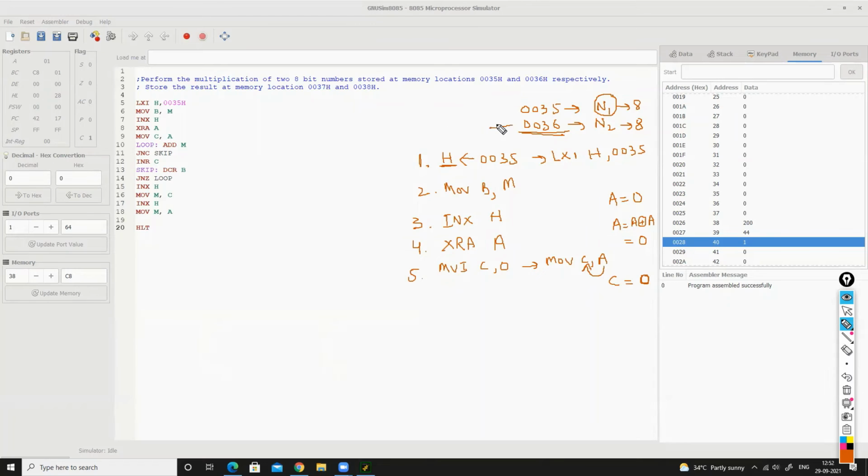We know that our register pair HL is pointing to this value. Now our A contains 0 initially. We will add this number N2 to A and store it in A. We will do this particular operation repeatedly.